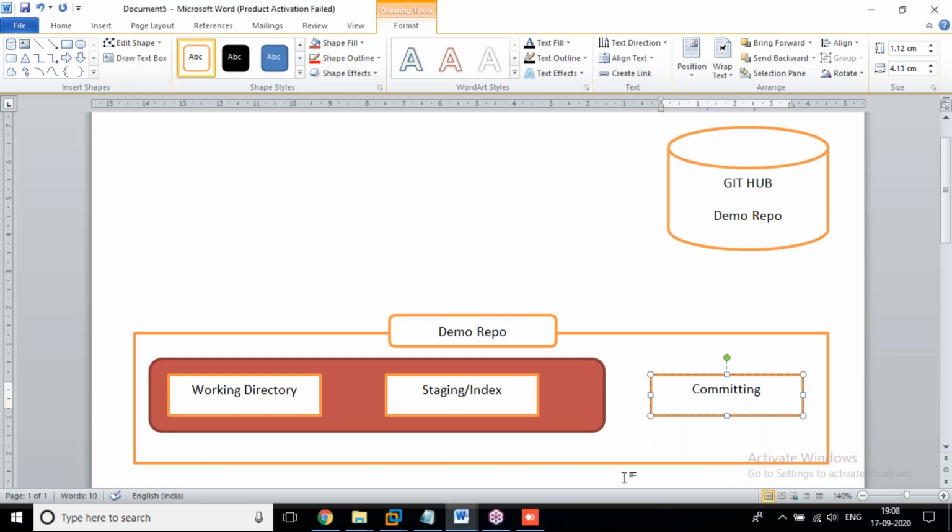How can we understand? See, whenever you do not have any file as modified, as deleted, as untracked, or as a new file.